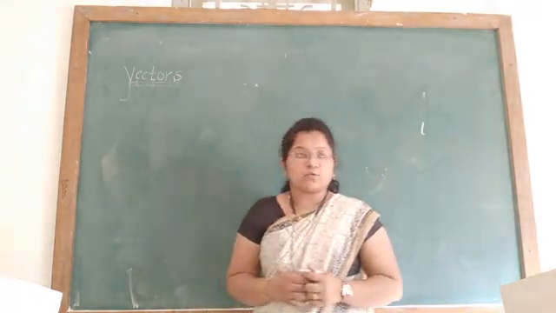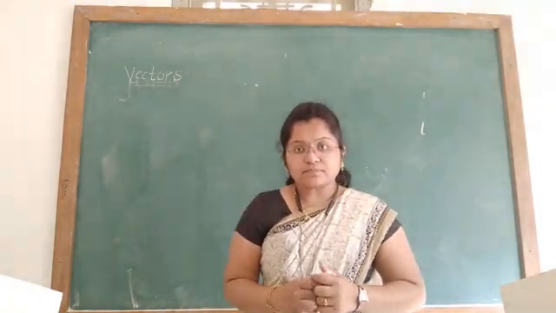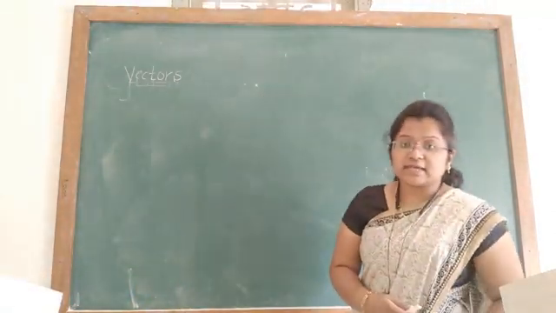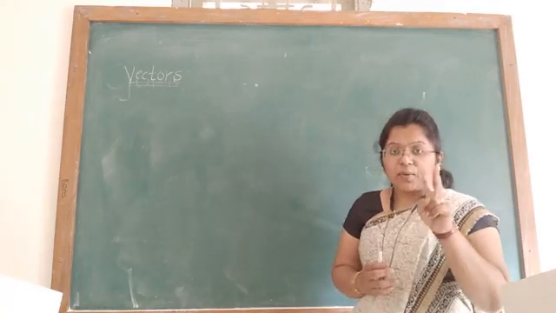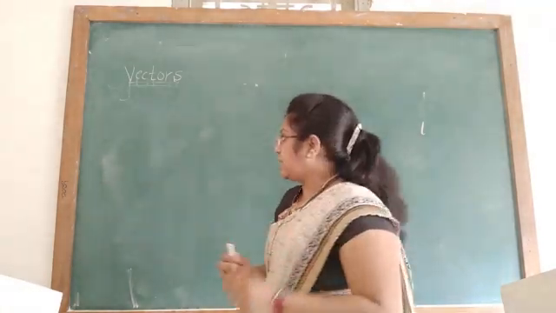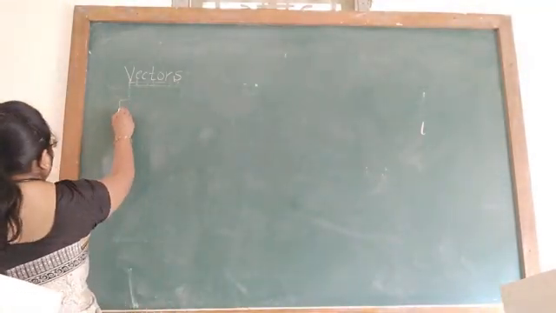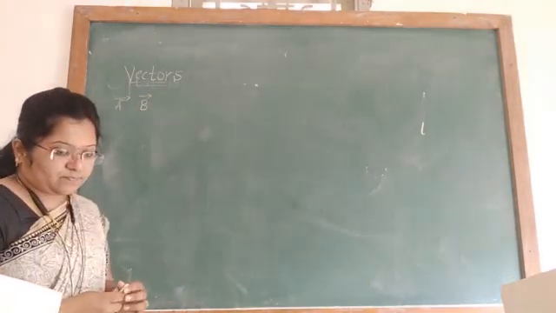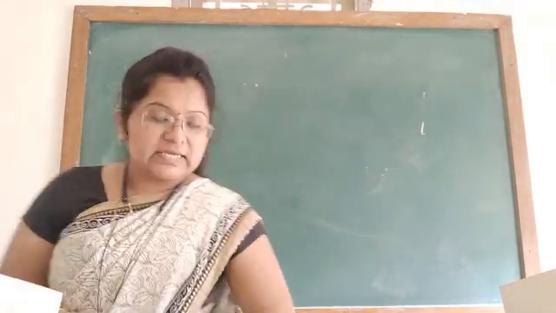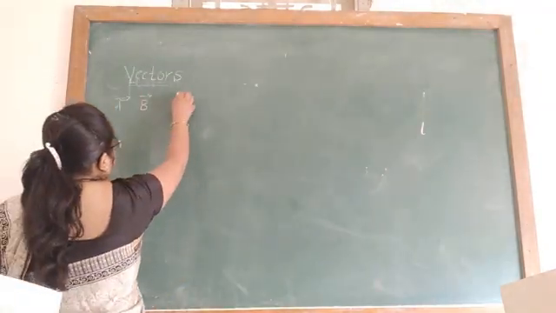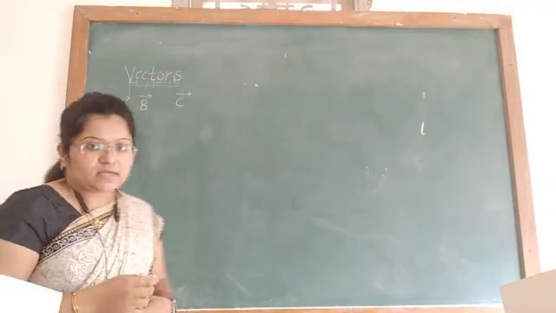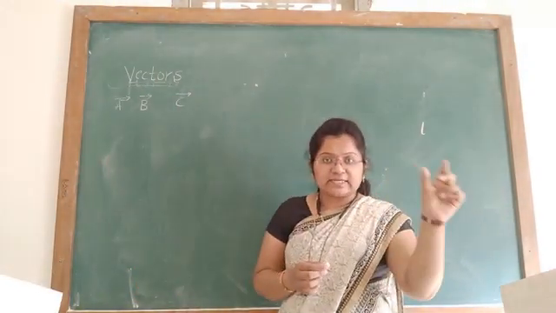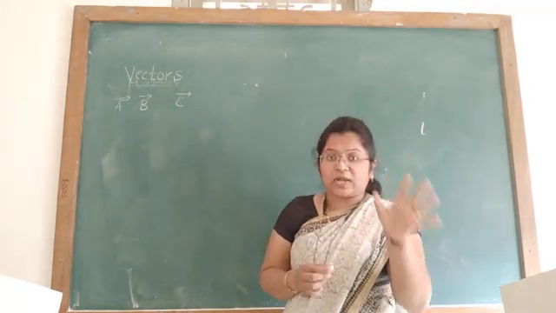Okay, in the last class I told you briefly that when any two vectors, let's consider A is one vector and B is another vector, and you consider that C is the vector product of these two, like 3 into 2 is equal to 6. 3 and 2 are any two numbers and 6 is the product of 3 and 2, like that.